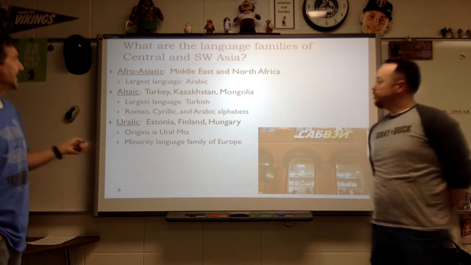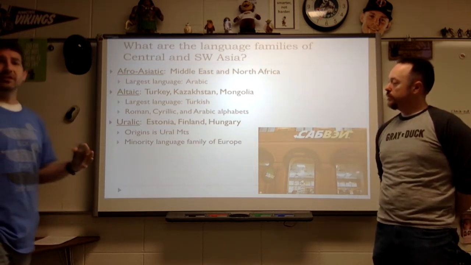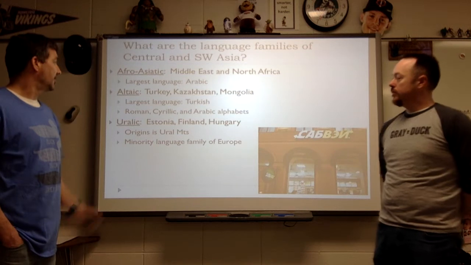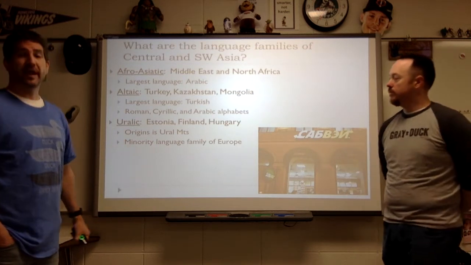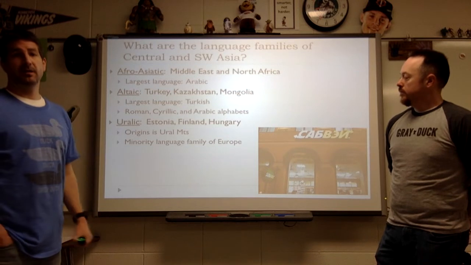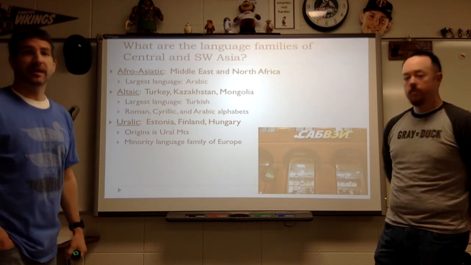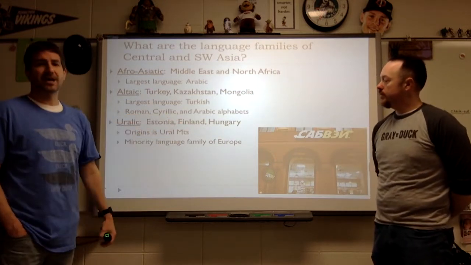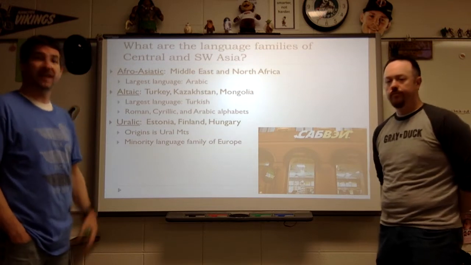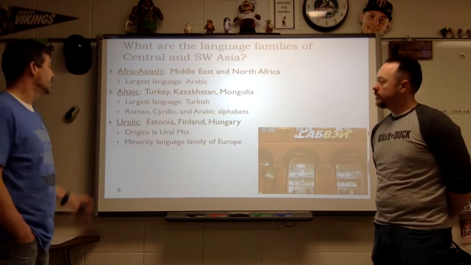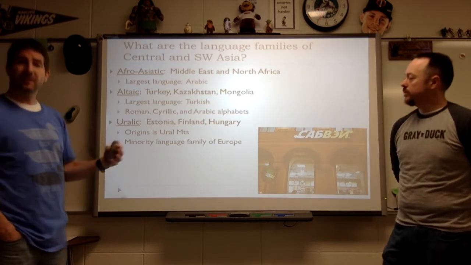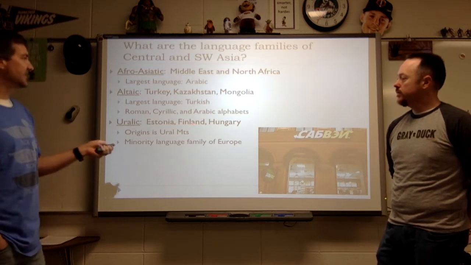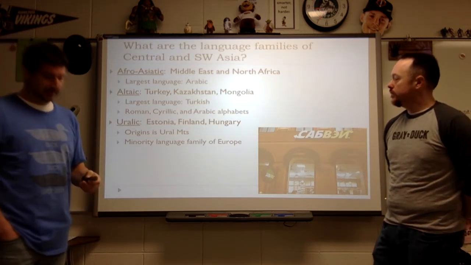And then the third one we're looking at is Uralic. Uralic is unique in that, besides Basque, these are non-Indo-European languages that have survived time and space and all sorts of history in Europe. So you have Estonia, Finland, and Hungary. Not a lot of things that they have in common. They're not places that you would put together, but they have language patterns that are different from Indo-European languages. That's unique. AP will pick up on things like that.